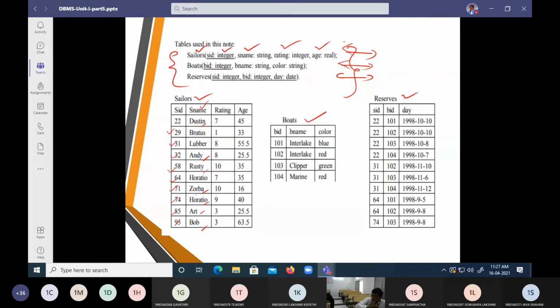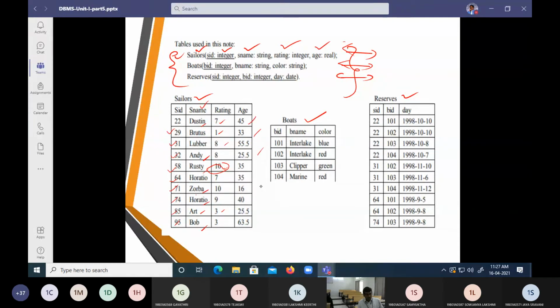You give a 4-star rating, you give a 5-star rating for the services. Similarly, the sailor, based on how he is going to ride his boat, is going to have his rank, that is 10th rank, 7th rank, 8th rank. In this way, first rank, he is going to have his rating here, and that rating we are going to mention. So Rusty is going to have his rating as high, that is, 10 rating people are going to give.